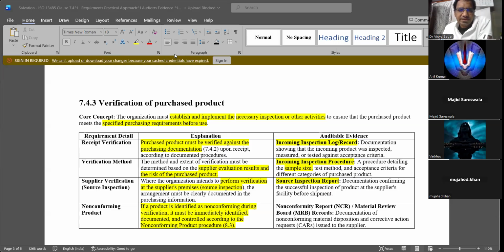Nobody is following the root cause analysis as of now. I'll talk on that later, but the best way is you need to recall it, okay? And the second important thing is that you have to make your QMS mandatory, that every material that comes inside the organization has to be tested.